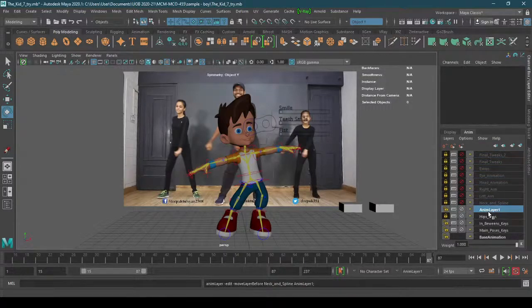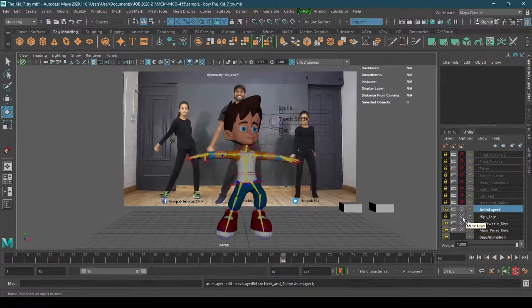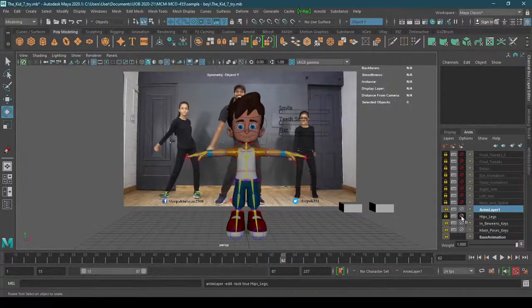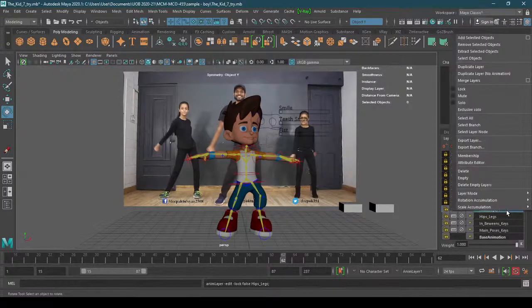This is the duplicated one, but there is no exaggeration now, because it is overwriting those keyframes. They are not mixing the keyframes just like it was doing in the duplication. So if I hide or unhide this, you will see it is not doing that kind of thing. Okay,